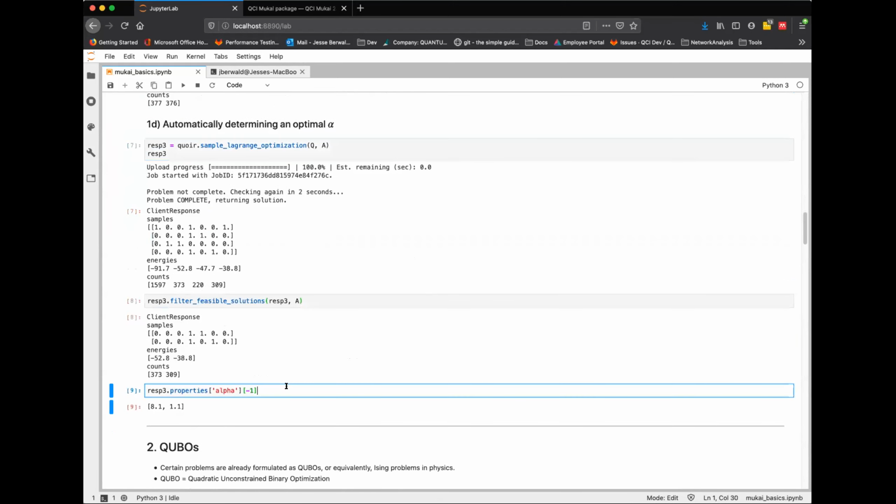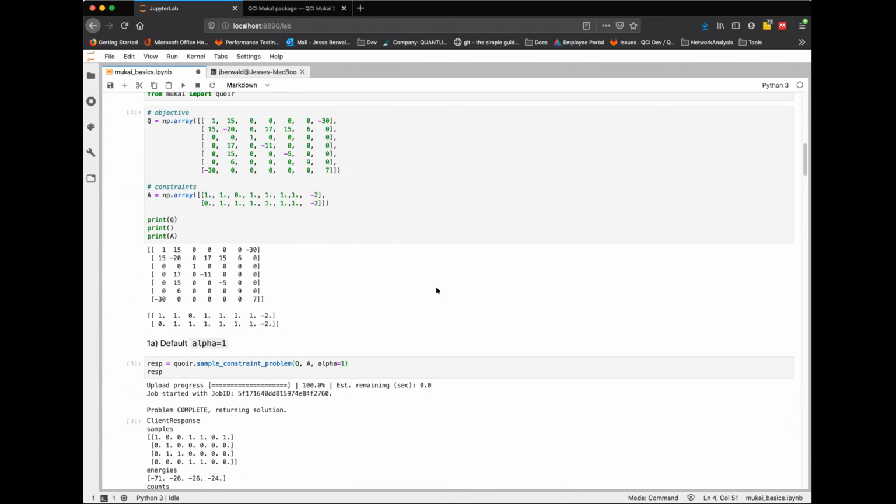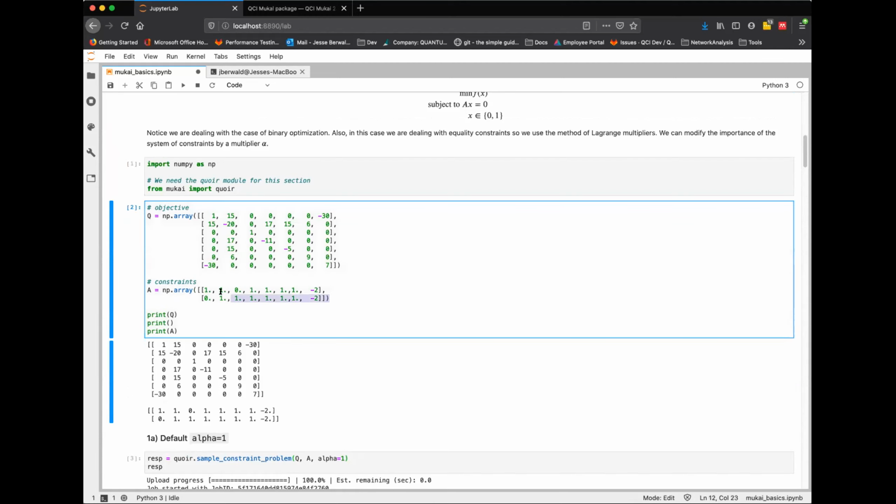And what we actually find is that the alpha it ends up with is a vector of alphas. And so what alpha is doing, if I scroll up here, because we're multiplying this matrix, we can modify each constraint, each row is a constraint.